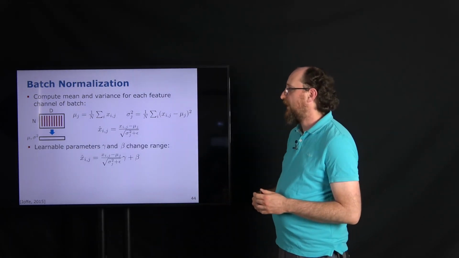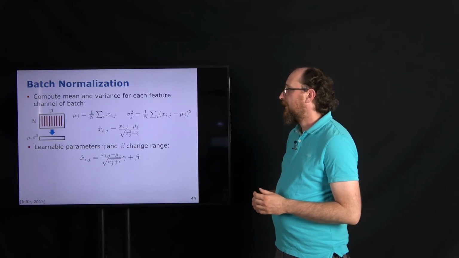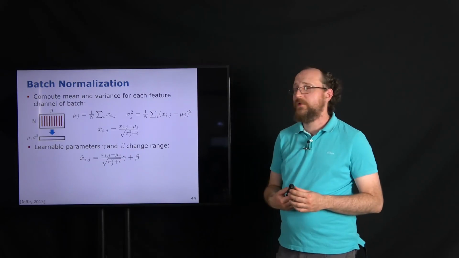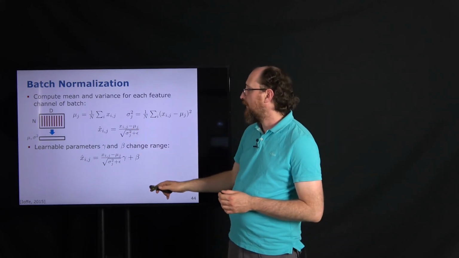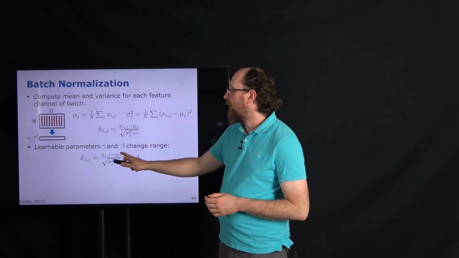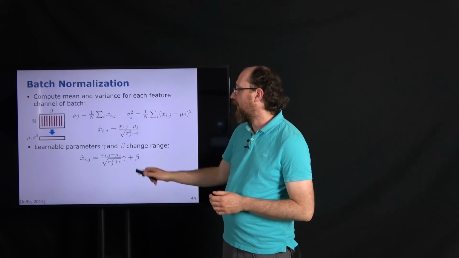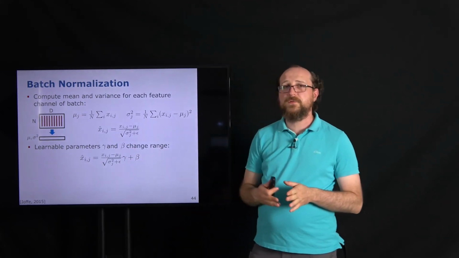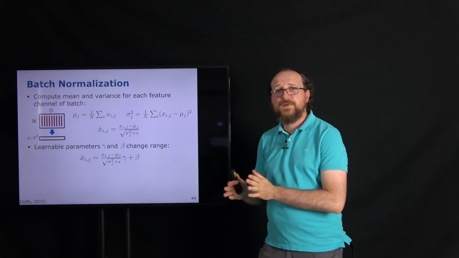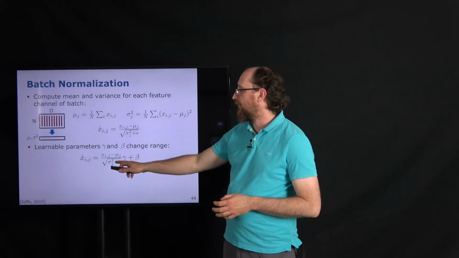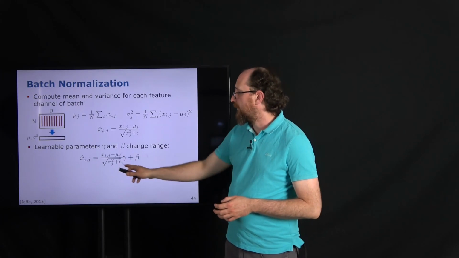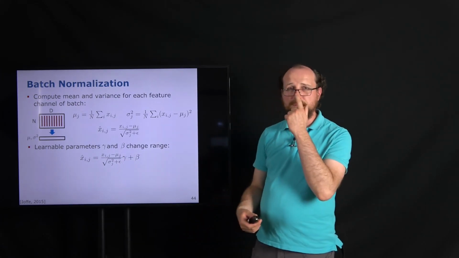An important part here is that we want to allow the network to also maybe undo these corrections that we are applying. For this we have these parameters gamma and beta, which can be used to shift the mean in the end and also make the standard deviation larger. But it can essentially also learn to just undo the